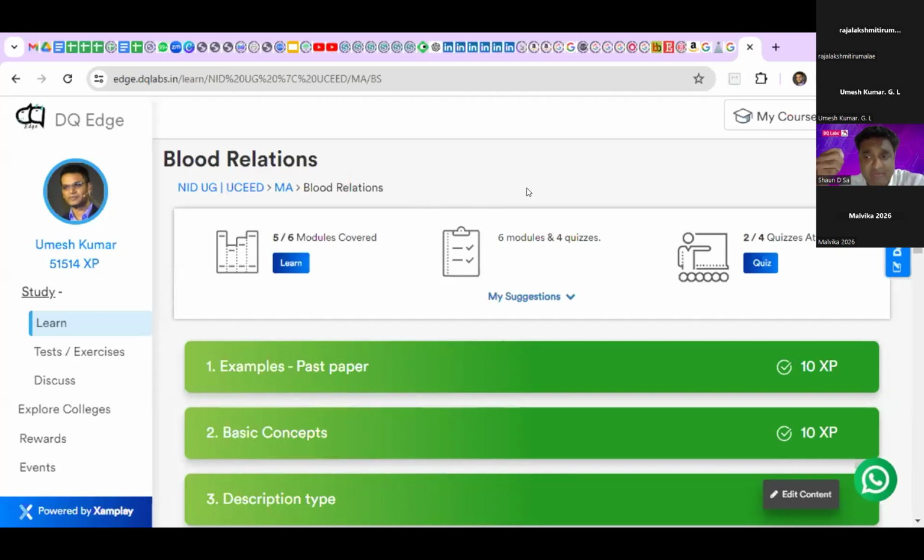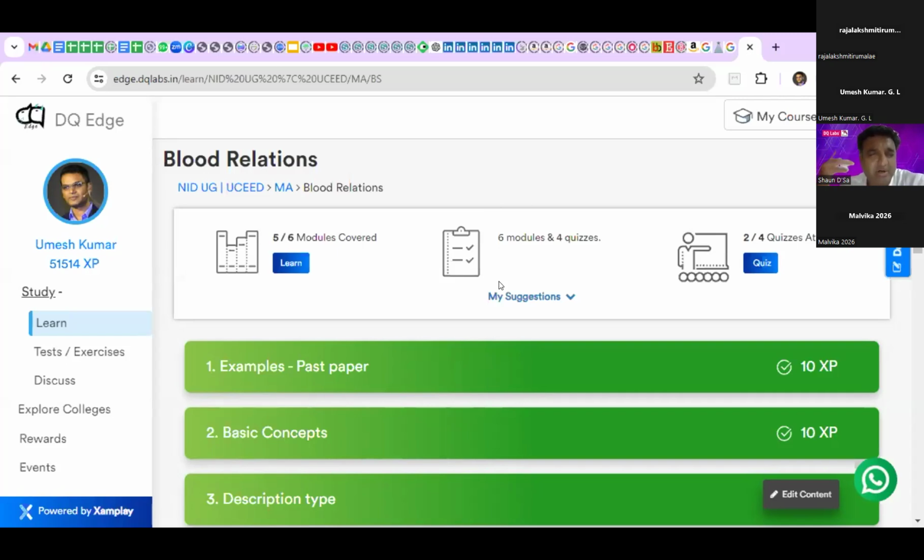Sometimes I also give extra books to study from. I do not know if Jyoti Madam in the previous classes has explained. Besides Edge, you can even go and study from the Arihant book. I'll paste 3 links in the chat. It's an Arihant book for verbal reasoning. Philip Carter, again, for mental ability, verbal reasoning. And also there's a website called brilliant.org, which you can go and get extra practice questions.